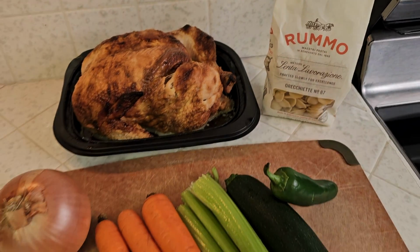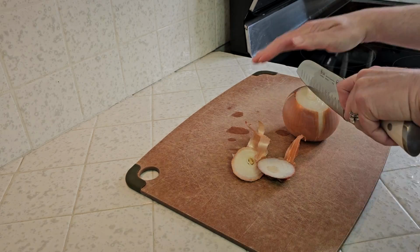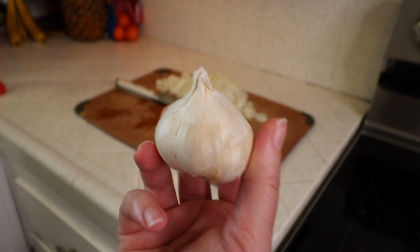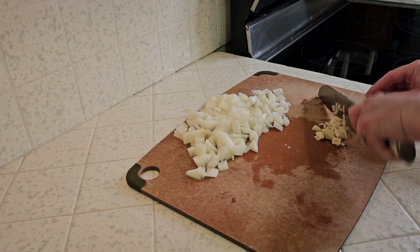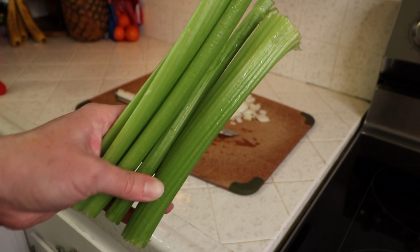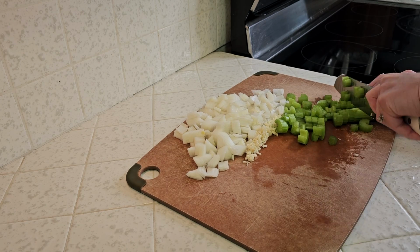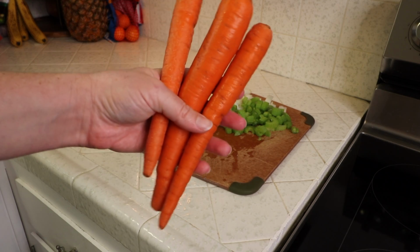We're going to have a few more unique ingredients later in the recipe too, but first, let's get these veggies and aromatics chopped. First up is one large yellow onion. Next, about 5 cloves of fresh garlic. Three large or 4 smaller stalks of celery. 3 medium-sized carrots,